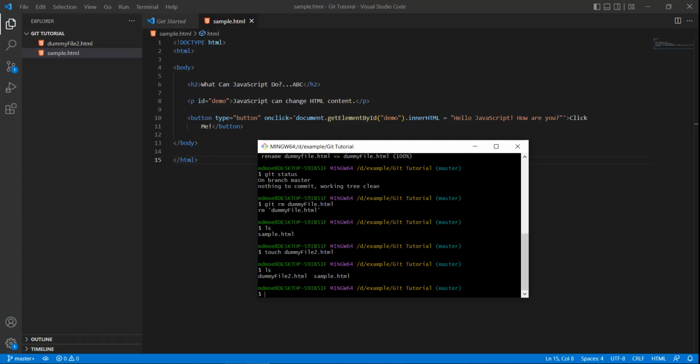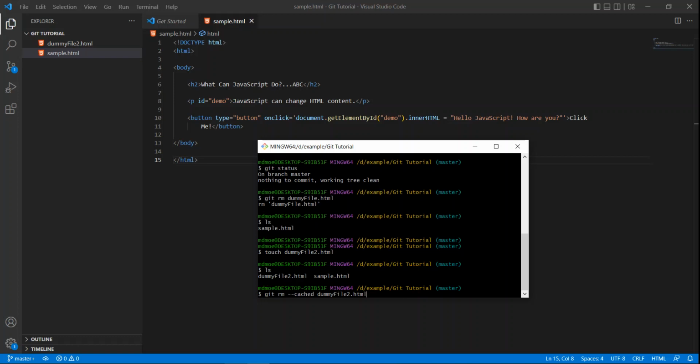Now there is a very simple command which you have to use just to remove this from your Git. I don't want to delete this file from my system. I still want this file. So you have to do git rm hyphen hyphen cached, and then the file name itself, dummy file2.html. So you have to remove this from the cached area, that is Git. So if I do this,